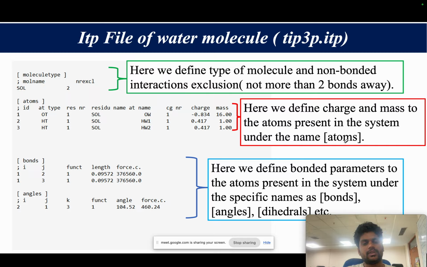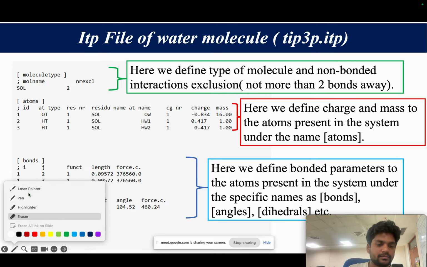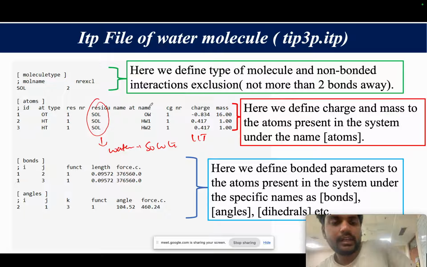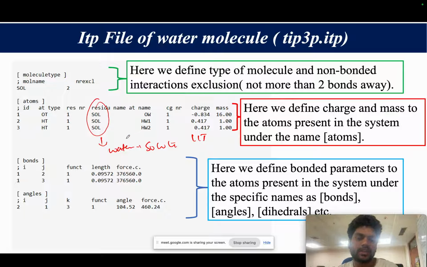We can see that this is a SOL, the molecule name of water. Here we are putting the name as solute, but you can give any name. I can even give my IIT also. The system doesn't care whether you give it solution, water, or IIT. So the name should be in general